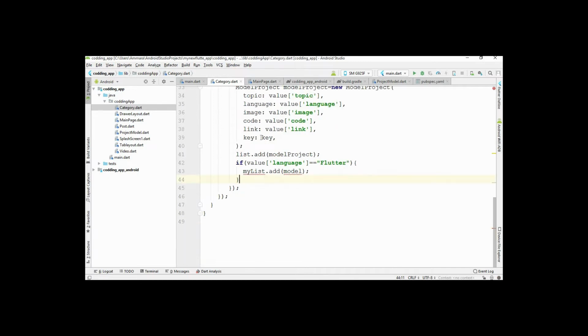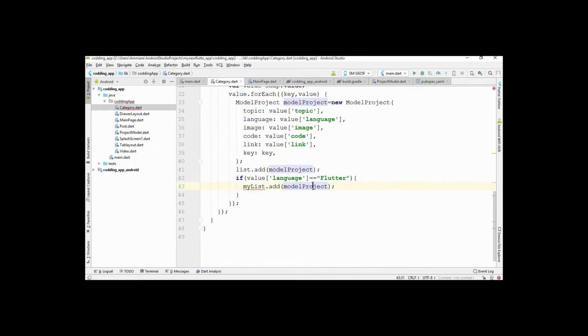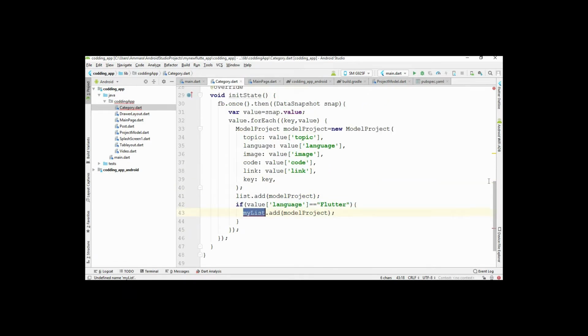Now write this code. By writing this code, first of all we have to check if the language is equal to Flutter. Then I store this language inside a new list. So we have to create a new list above.